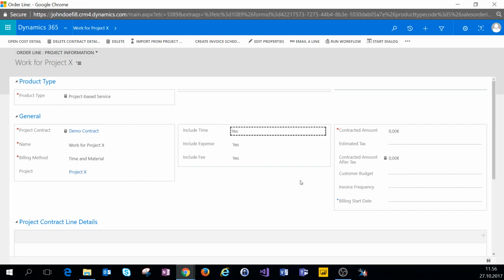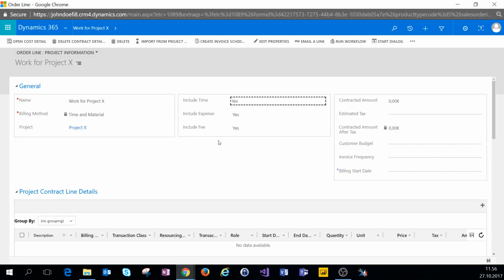All right. So next is the choice of including time, expense, and/or fees. Now this is important. When you make a contract line and you associate a project with that specific contract line, like we're doing right now, we can only include time, expense, and fees one time on one single project contract line. What I mean is, when I close out of this and I create another project contract line for this